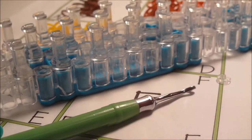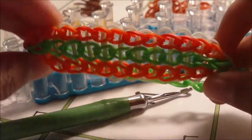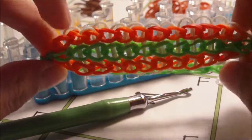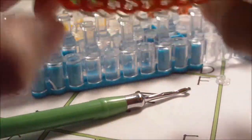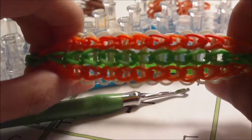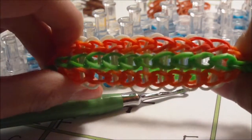Hi, in this tutorial I'm going to be showing you how to make this bracelet right here. This bracelet is my own original design and it is called the two-way triple single bracelet. Now you may be looking at this bracelet like it's just the regular triple single, but if you